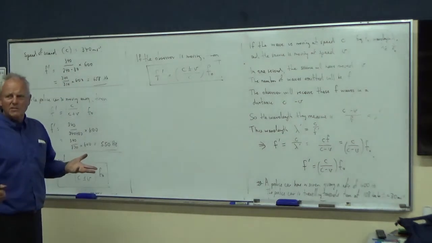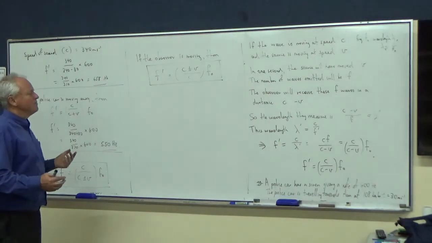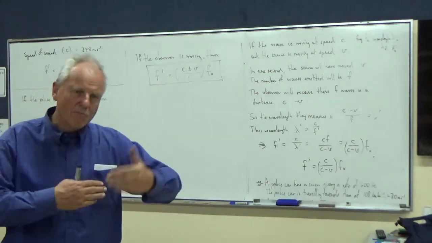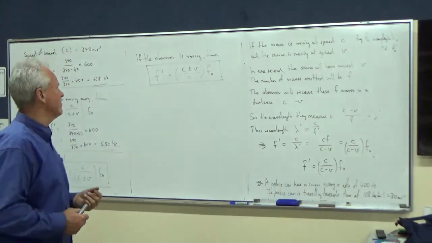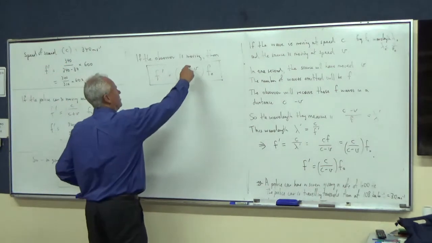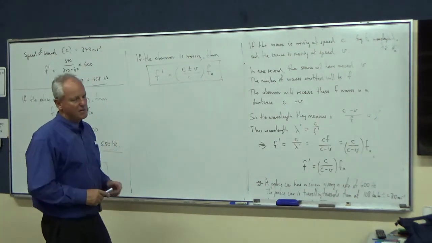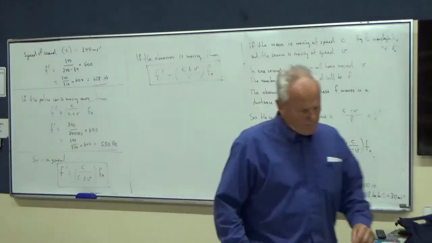Well, just what makes sense. If the observer, if I'm moving towards the source, again I'm crossing more wavelengths, I'm getting a higher frequency. And so I'm going to be using the plus in that situation to make it a higher frequency. Okay, so